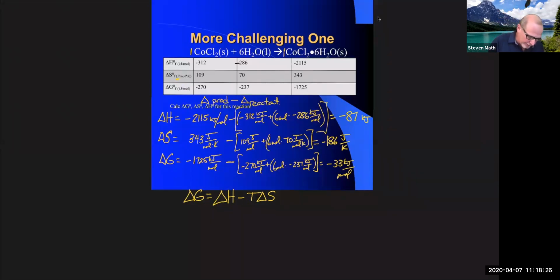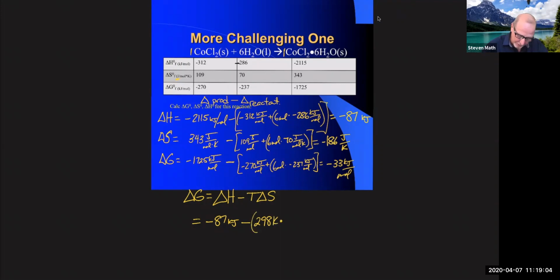Okay, so let's get our numbers now and see if it's really true. Delta H was a negative 87 kilojoules minus, now these were all standard states. Notice that when they were given to us, they gave us the degree sign. That tells me that they were given to us at 25 Celsius or 298 Kelvin. So now I can just say minus 298 Kelvin